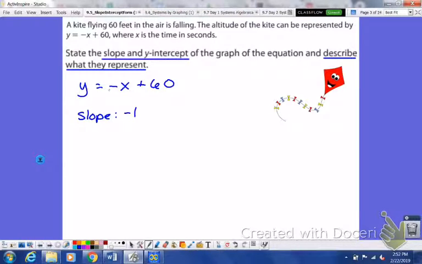Remember, anytime there's not a number there, that's a 1. So negative 1. And that tells us we are falling at a pace of 1 foot per second. Go back to the original problem to get your units. So falling at 1 foot per second. Your slope should always be a rate, so 2 units. Then our y-intercept